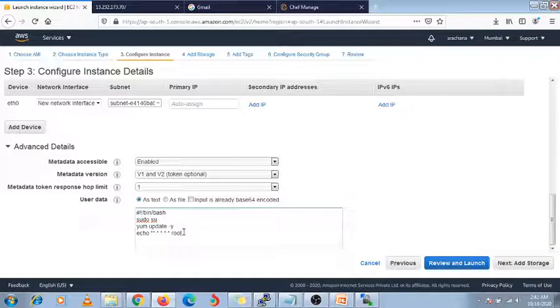After that root space shape-client, then close the double quotes, space, two greater-than signs, space /etc/crontab. So this is the command you need to run here.